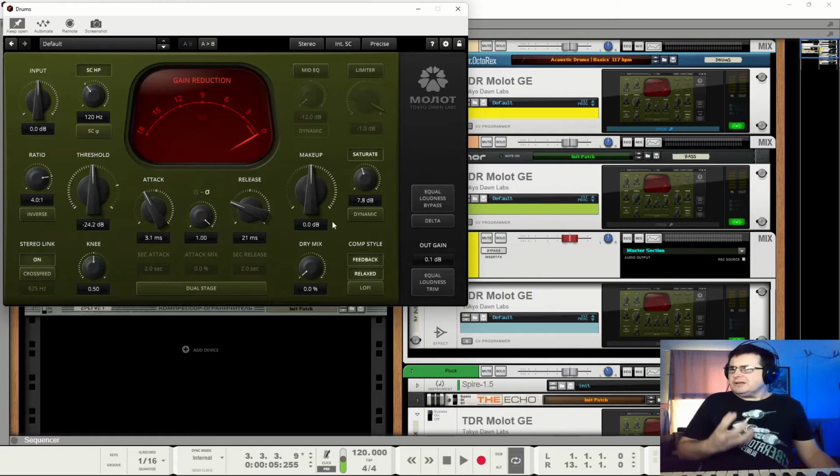And we've just got a little bit of push overall from that. Nothing too aggressive, but it's kind of nice. I would actually like to have a little bit more coming out of this.